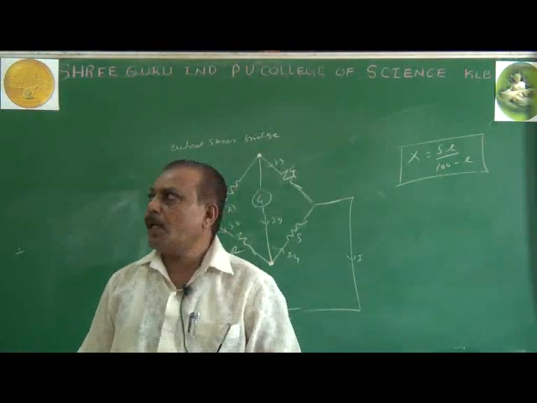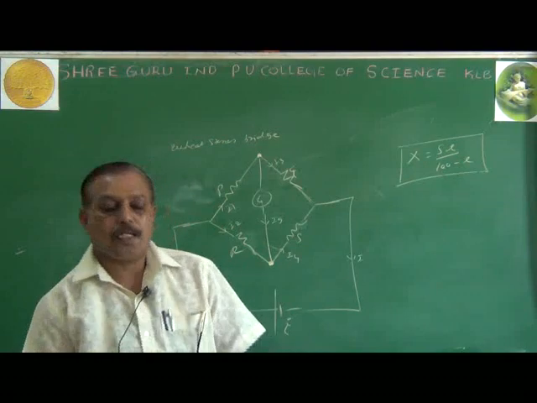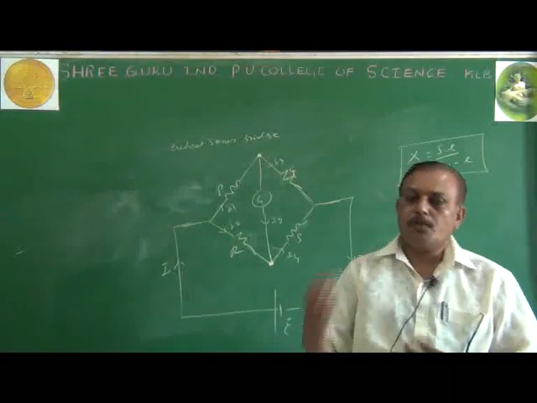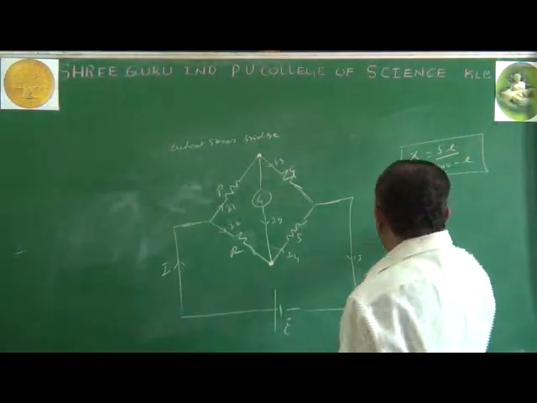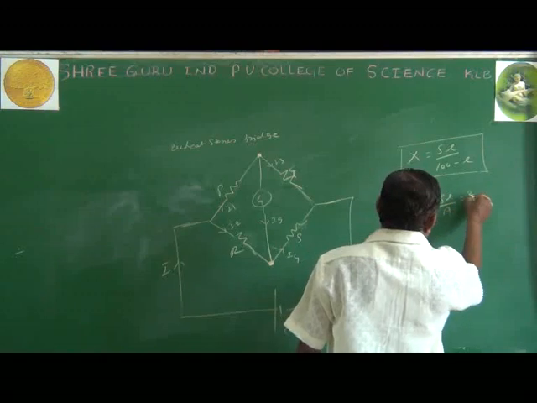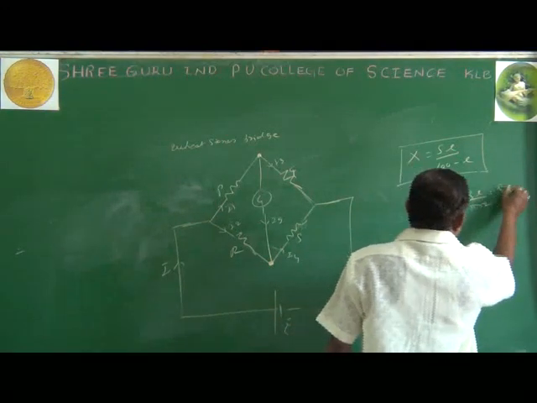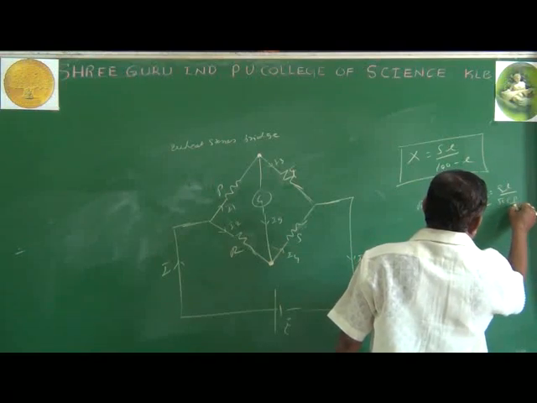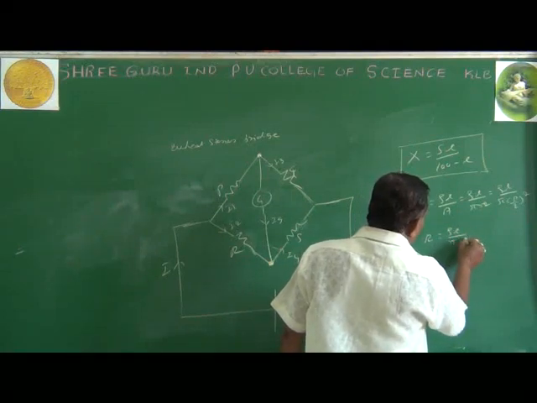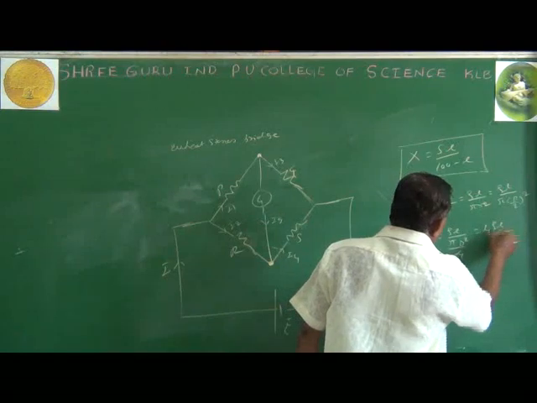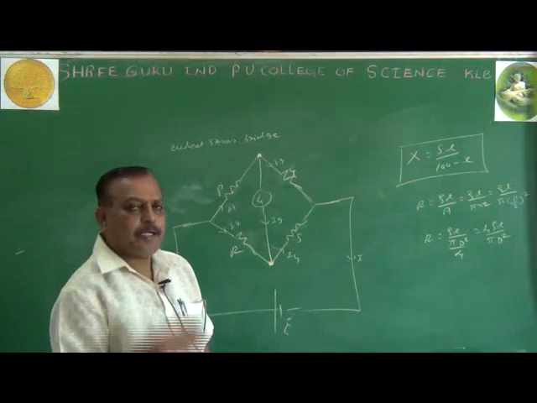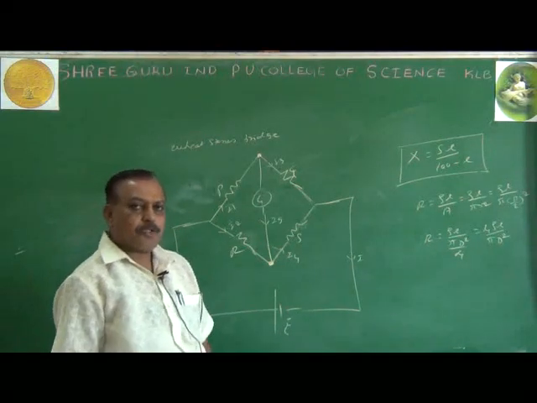By using this equation, what have we calculated? The resistivity of the material of a given wire. Whatever wire is provided for us to calculate the resistance, what is its resistivity? That should be obtained by the meter bridge. After getting the unknown resistance, we know that R equals rho L by A, where A equals pi r square, and radius equals half of the diameter. Then R equals rho L divided by pi D square by 4, that is, 4 rho L divided by pi D square, where D is the diameter of the given wire. That should be provided, or you can calculate D by using the screw gauge.